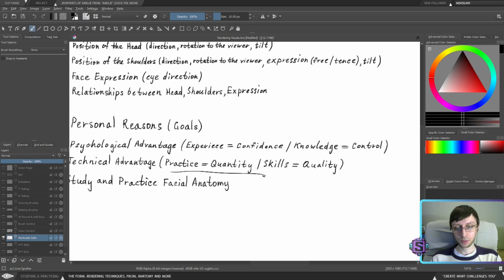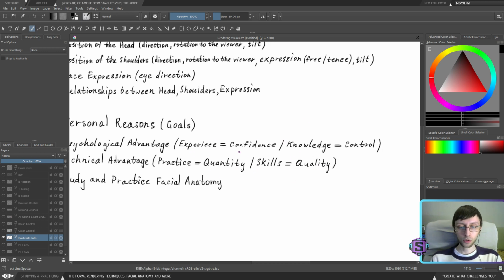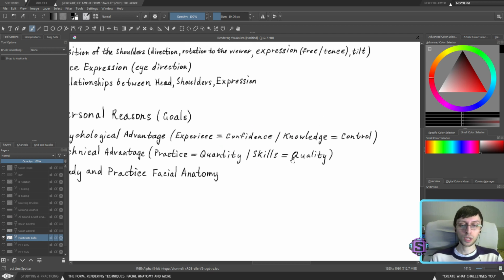Depending on where your artistic gaps are, you will connect those things differently. If you don't have any problems with confidence in painting, and you right away start to paint with no problems, then you need to search within quantity or quality or control, knowledge, whatever. So it all depends where your gaps are.